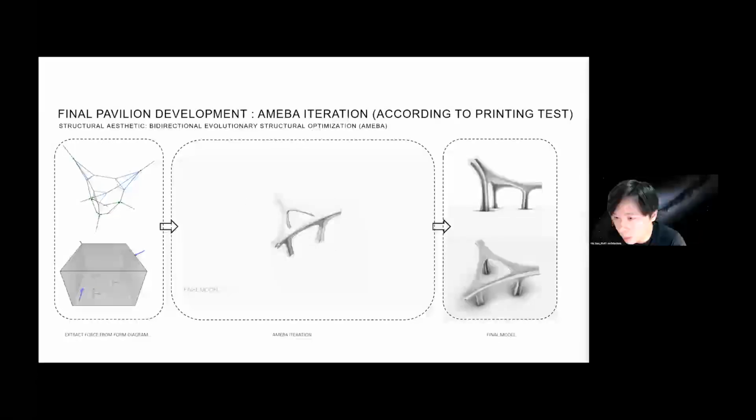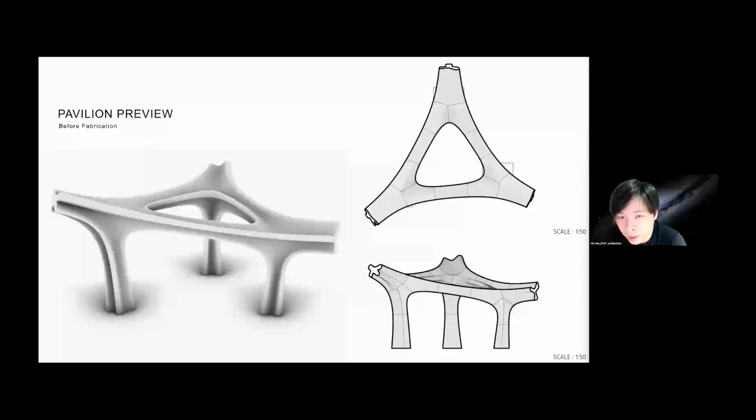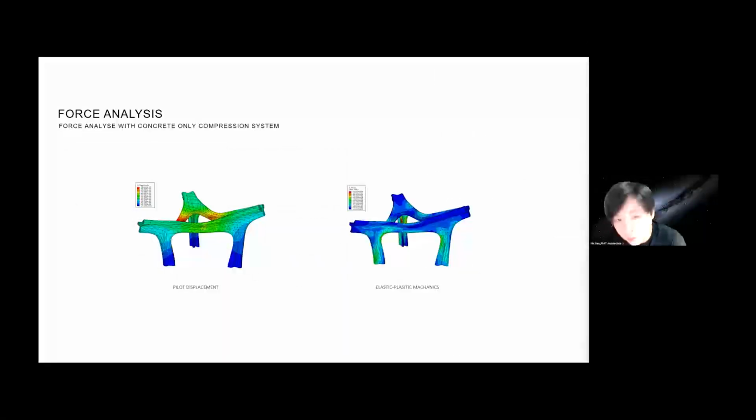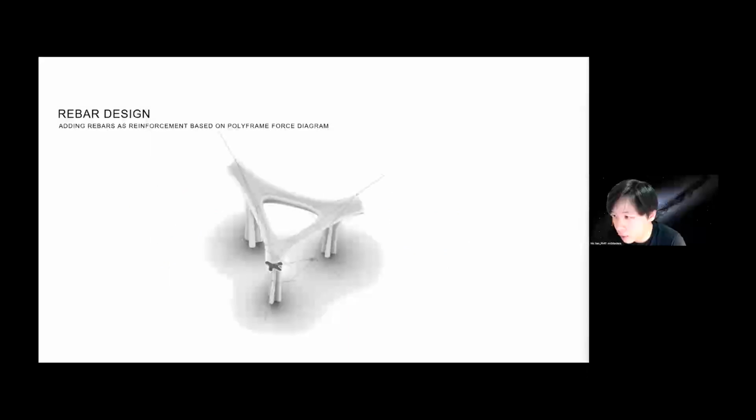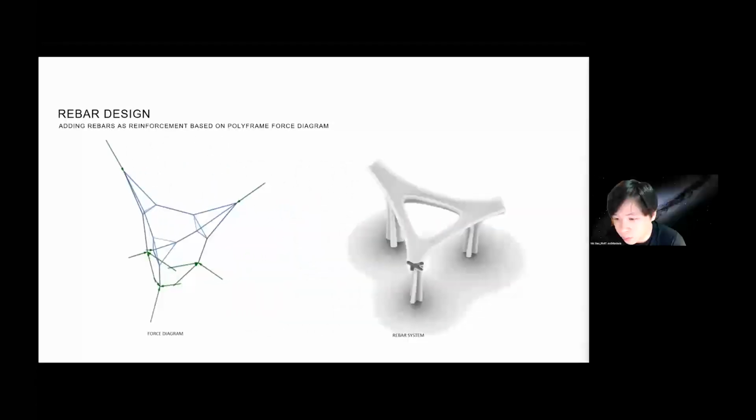So this is a final outcome and the models. Then this is the final pavilion design using the two algorithms, Amoeba and topology optimization. We also did some force analysis testing, because the concrete performs well only in compression. So we use reinforcements, rebar and steel, for the tension function in the model. You can see we added some steel bars